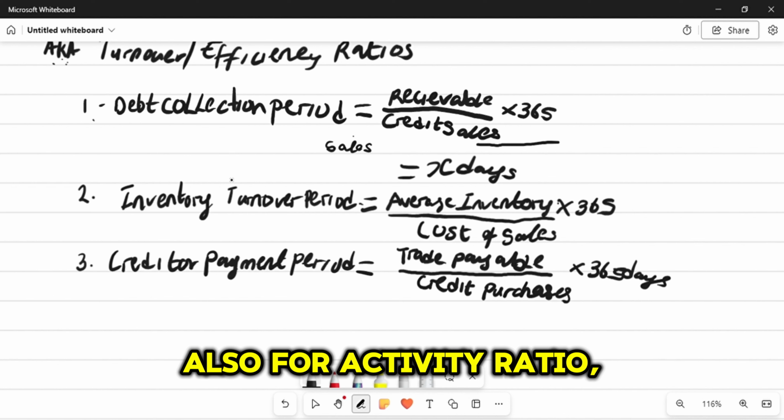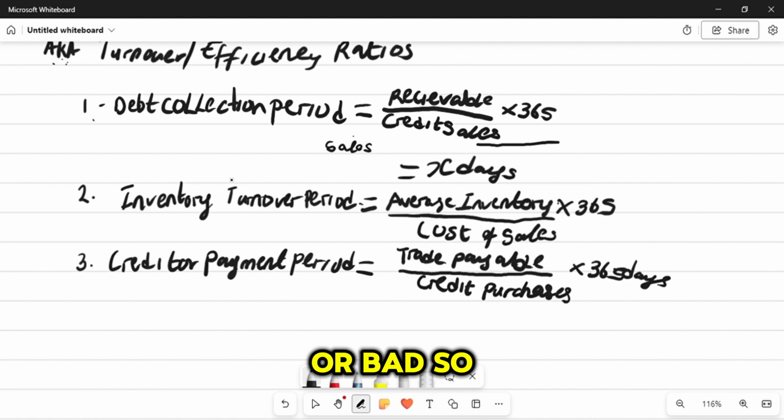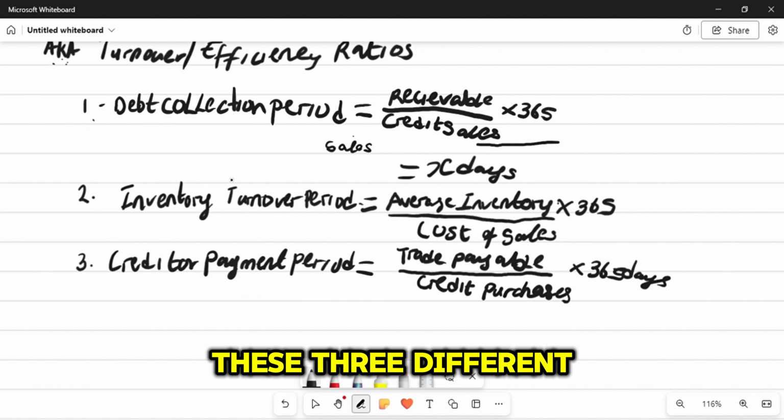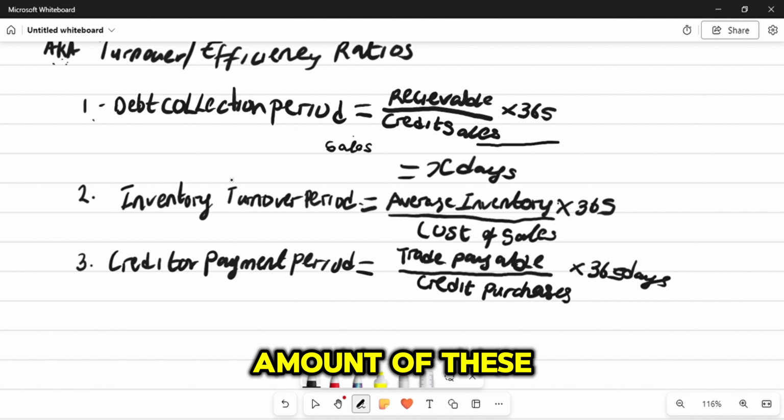And also for activity ratios, you don't conclude if it's good or bad. Like I said, you just state. So if you're making a comment based on the activity ratios after calculating these three different ratios, you just say it takes this number of days for the company to collect their debts. This number of days is better compared to the previous year. So when you calculate this ratio, you're either comparing it to the previous year of that same company or